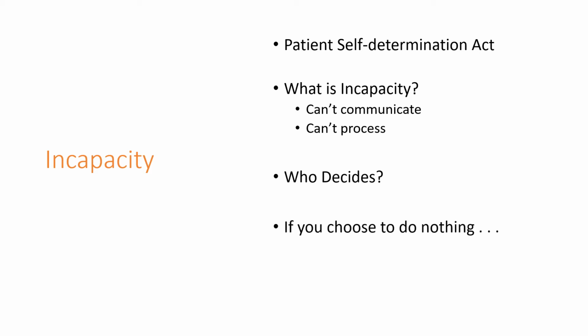If you choose to do nothing, the procedure is that a family member, or potentially even the care provider, will approach the court and ask to be appointed as the guardian of your person, and therefore have the authority to make those health care decisions under the supervision of the court. And the procedure in that is obviously time-consuming, expensive, and, well, quite frankly, somewhat embarrassing, simply from the standpoint that it is a public hearing and everything becomes a matter of the public record.